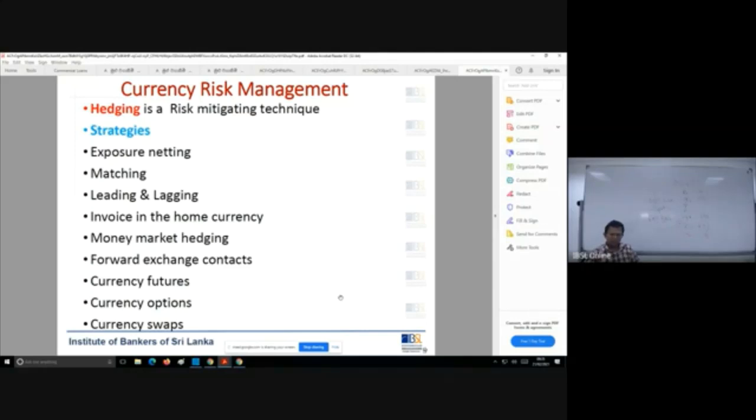So it doesn't mean you want to make the entire payment 3 months earlier. No, that is not the case. You would have entered into a forward exchange contract 3 months before. The day you decided to purchase this good from India, enter into a forward exchange contract to pay after 3 months at this rate.